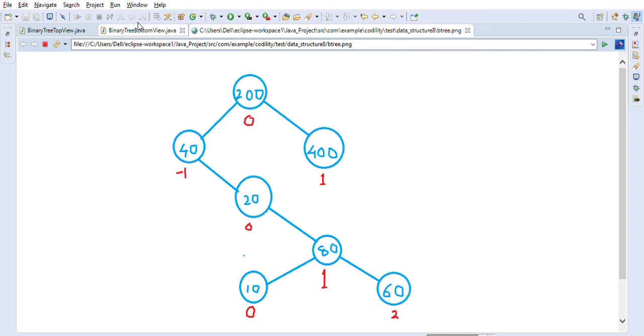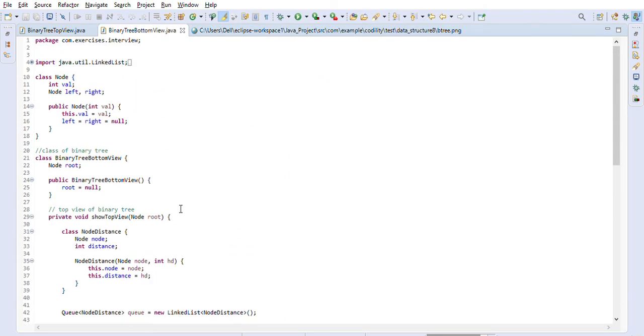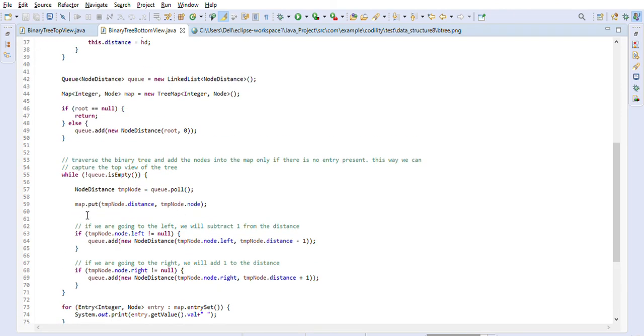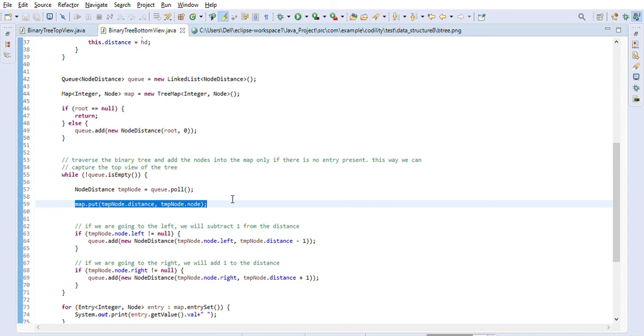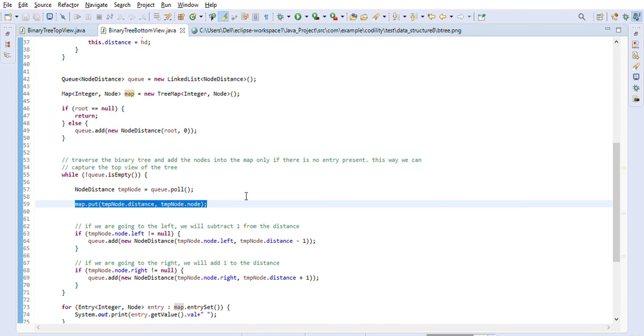So the implementation I have is almost similar to the top level implementation, but the only difference you will see here is in the map. We are not checking whether we have an entry for that distance or not. We will just always override the entry because we actually want to capture the view from the bottom level, so we want to override the entry even if there is any entry.